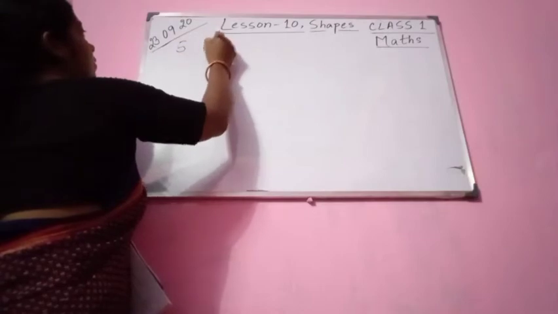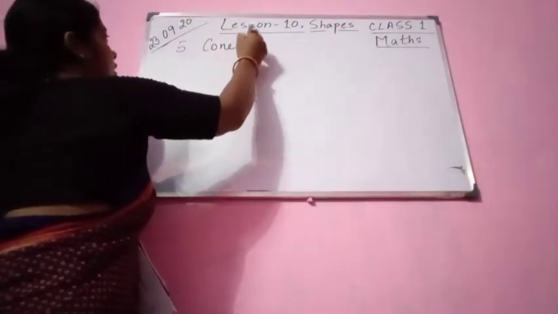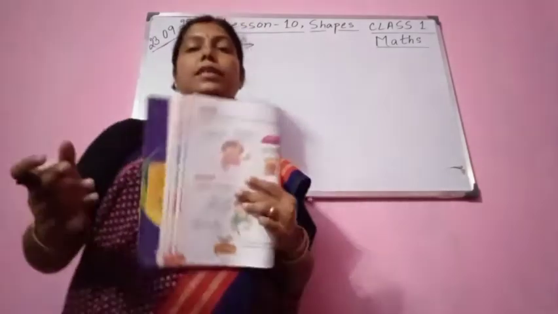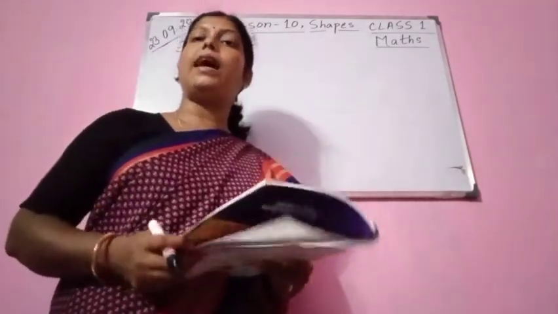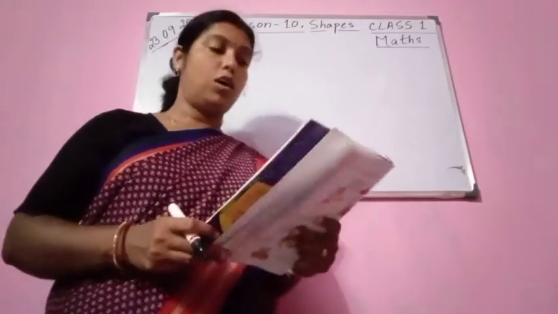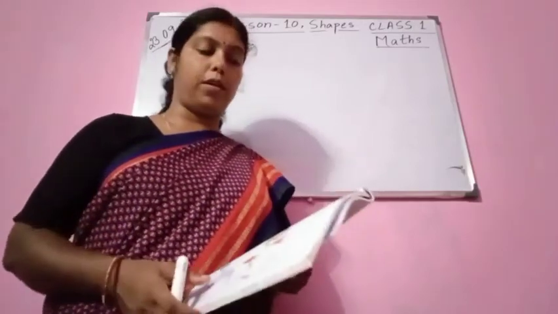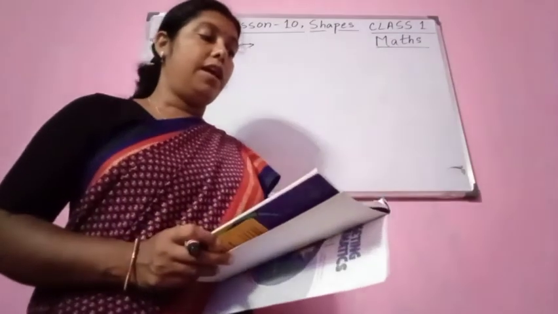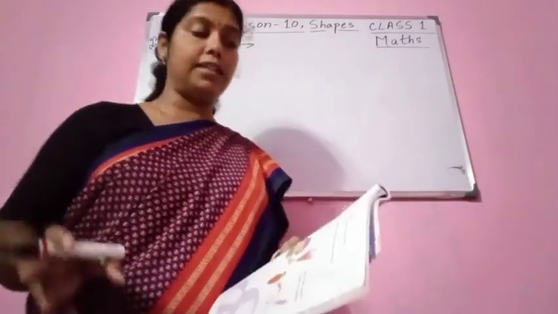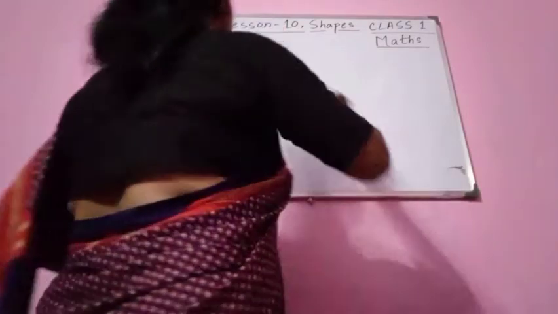You see here, we are going to write about cone. The best example of a cone is, you can say birthday caps, then ice creams, softie that you get in the cones. Okay, so that is the best example of cones. It has a point at one end and a circle at the other. Okay, a cone has a point.